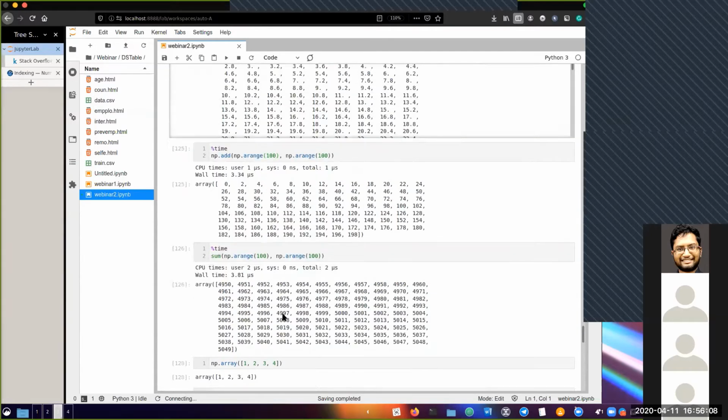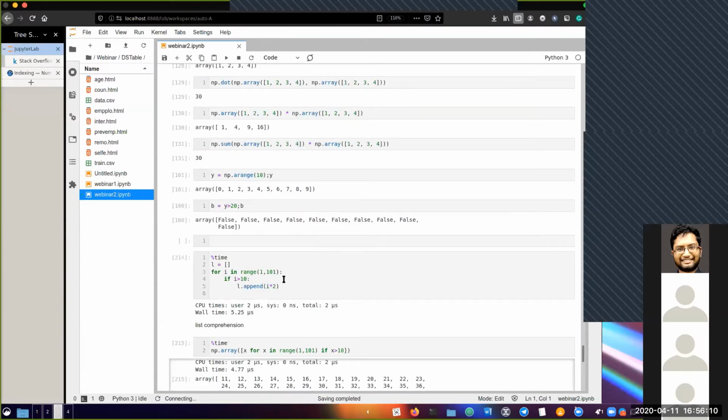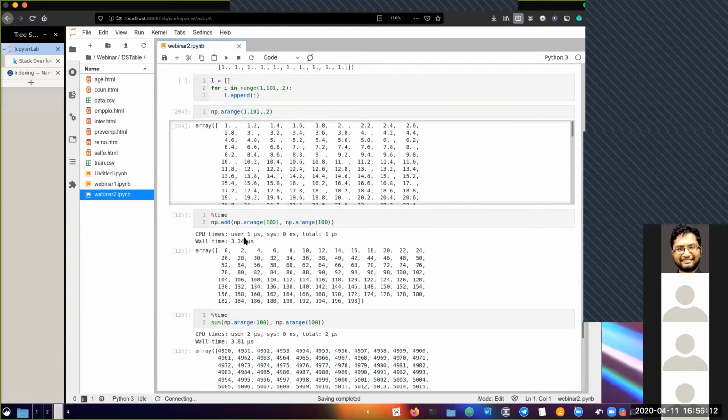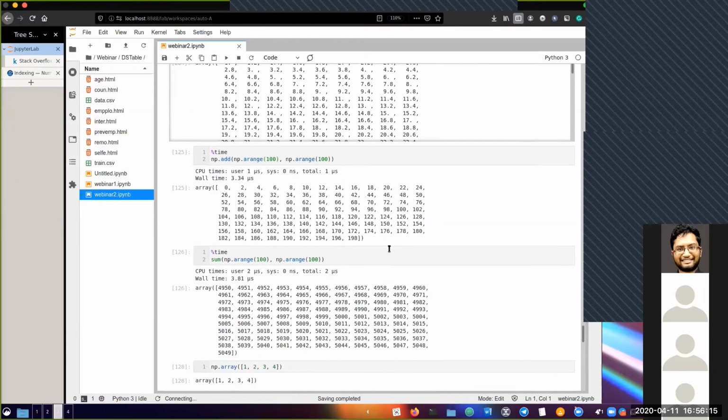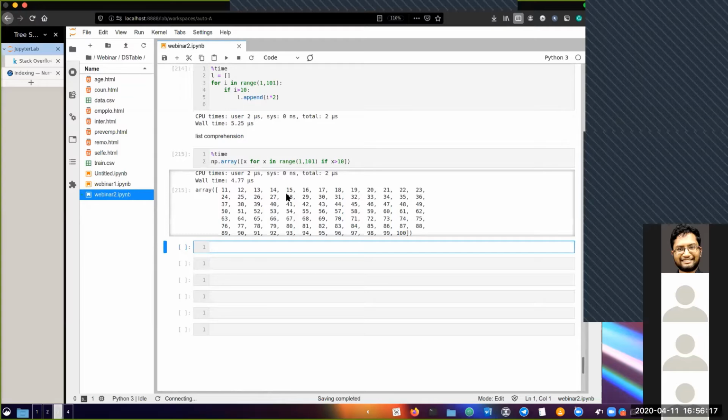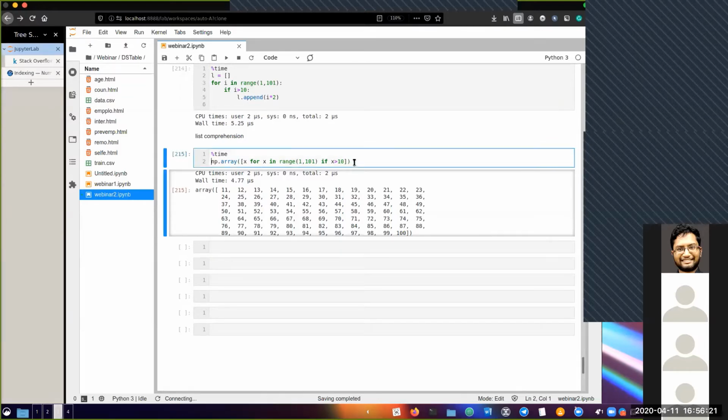Okay. So another thing which is really cool about NumPy is that it allows you to perform some calculations on it very easily. So if I want to say find the sum of this array, so let's just set this to a variable.